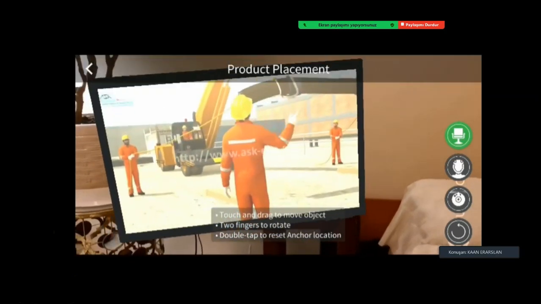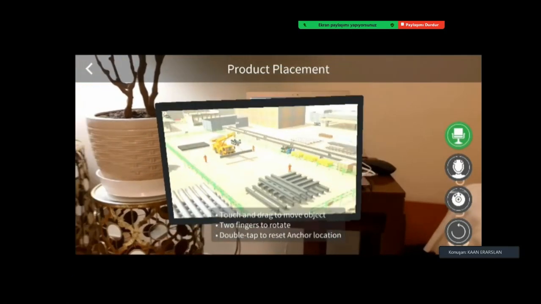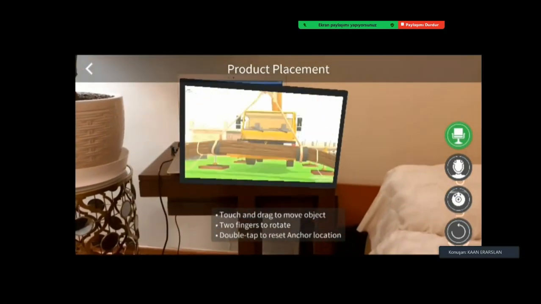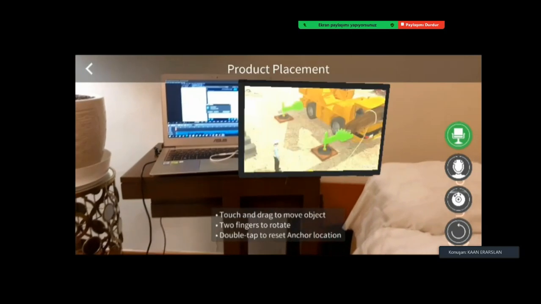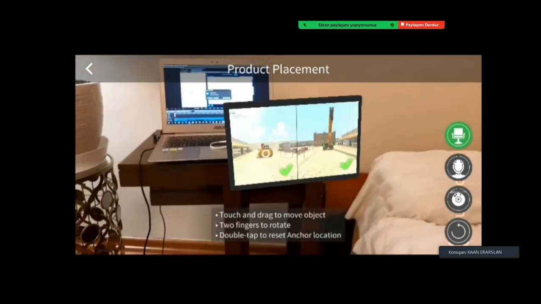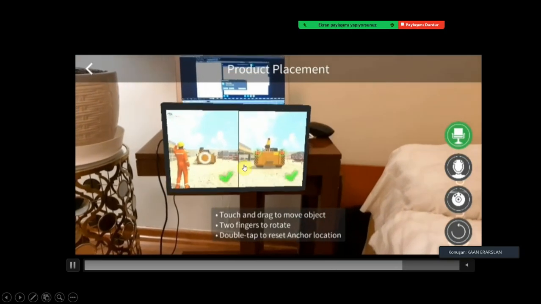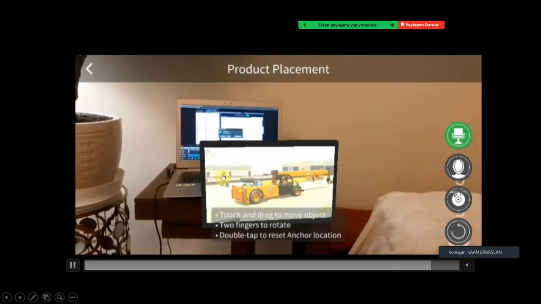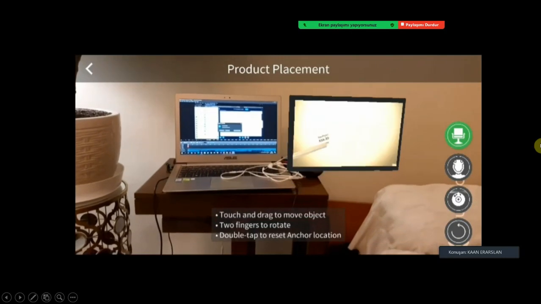Of course, we could do it with AR Foundation, AR Core, and maybe ARKit, but generally, as an alternative way, AR Foundation can be used. So, as you see, another video screen is floating in my room. Okay, this is another